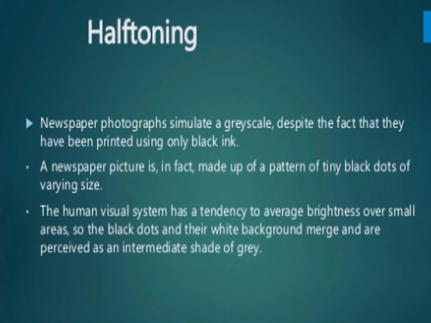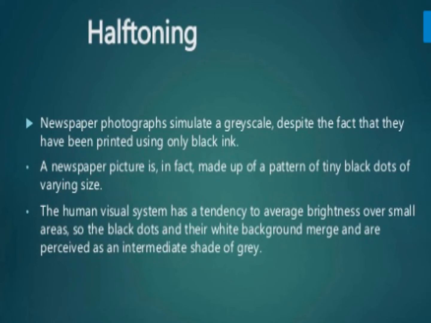When we view a very small area from a sufficiently large viewing distance, our eyes average fine details within the small area and record only the overall intensity of the area. This phenomenon of apparent increase in the number of available intensities by considering the combined intensity of multiple pixels is known as halftoning.